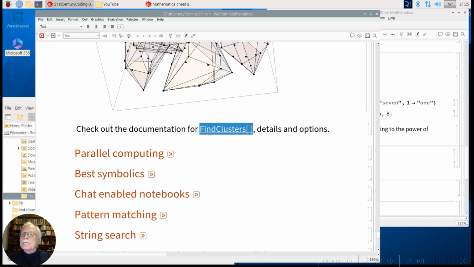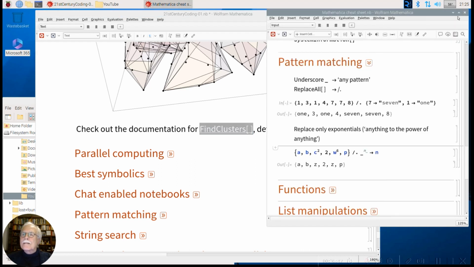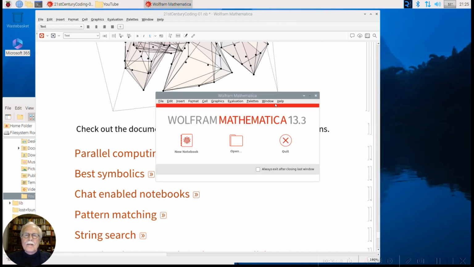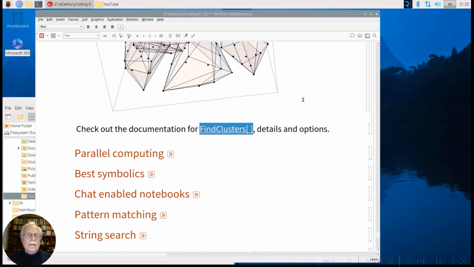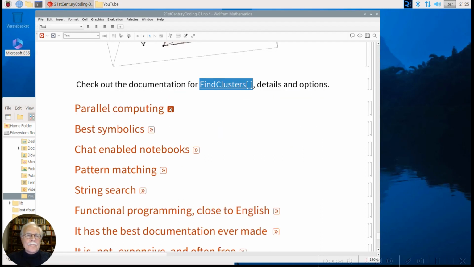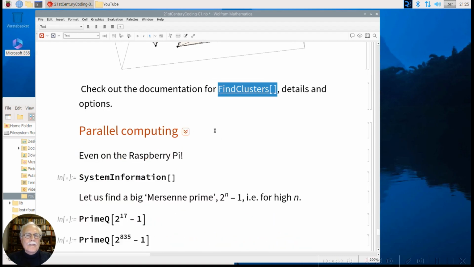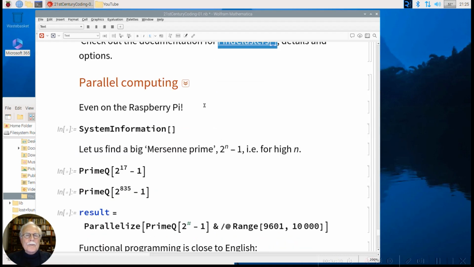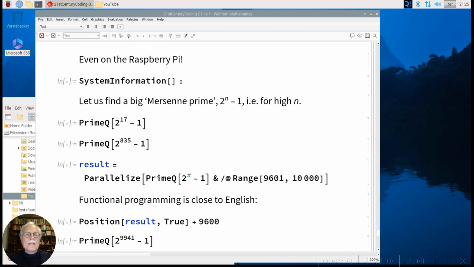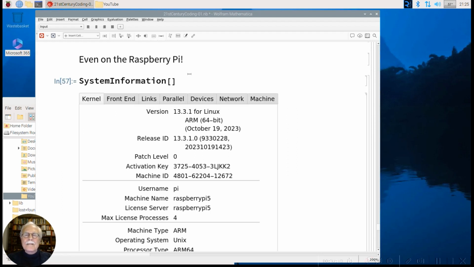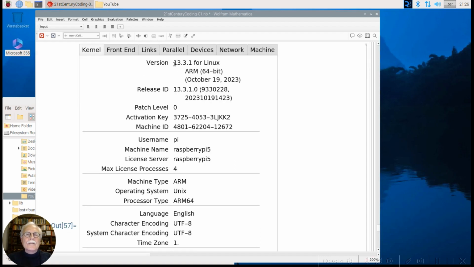Let's close this, make a little bit of space. And let's have a look at parallel computing. Make it a little bit bigger. Well, you can even do parallel computing on the Raspberry Pi. Let's have a look at what the Raspberry Pi looks like. And we run the command SystemInformation. Mathematica is now checking all the hardware and software on the Raspberry Pi, and you see I have this kernel,